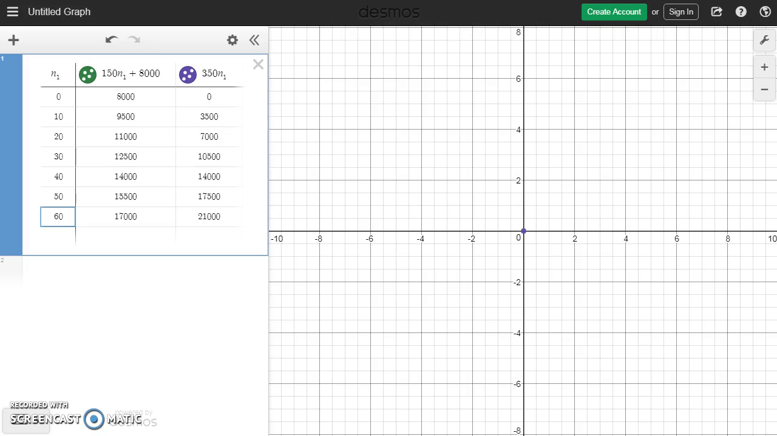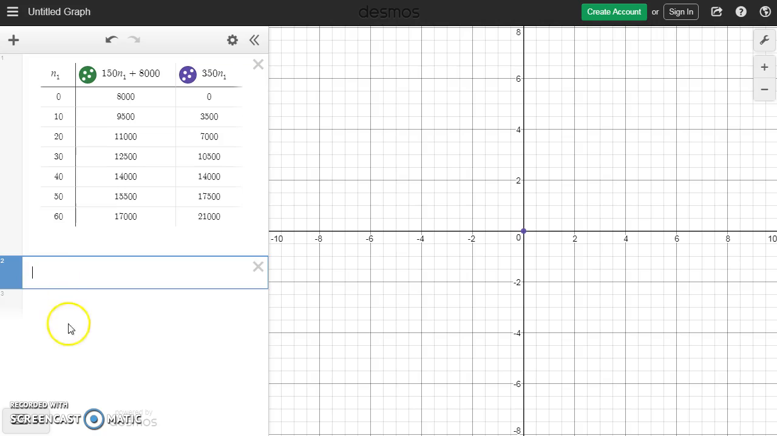So we've already saved some time just on constructing that table of values, which you may or may not want to include depending on whether or not you're having students then graph those points by hand, because in part B then we're asked to sketch a graph of both of those functions. To do that, we can simply input each of those equations. We could call this C equals 150N plus 8,000,